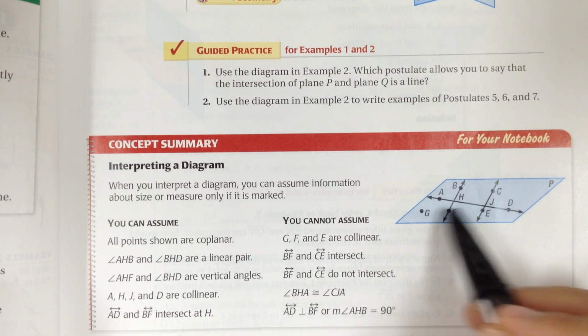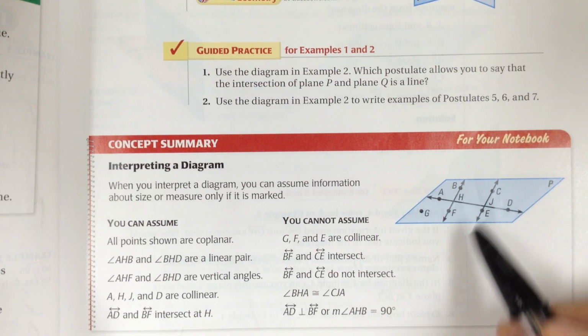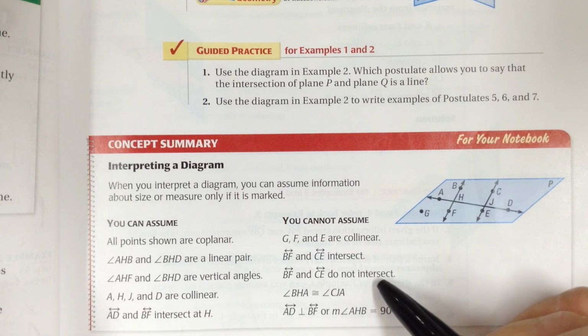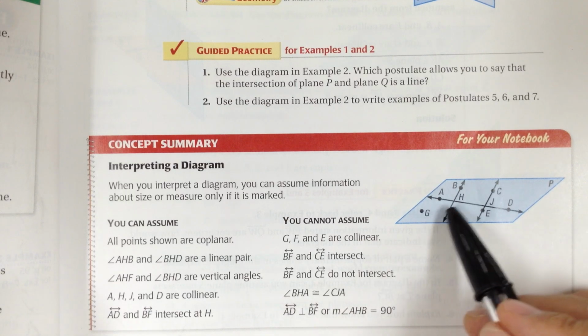So again, you don't know one way or the other. You don't know if they're going to intersect or they're not going to intersect. There's just not enough information on here, so you cannot assume either way. Okay. You also cannot assume that